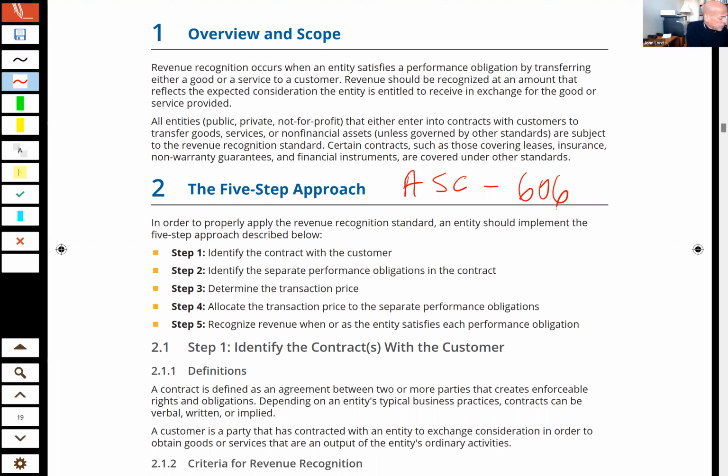So they felt a need to address those kinds of things. And so they issued a new revenue recognition standard that, for the most part, took certain things that we already know about revenue recognition and formally started putting some bright lines of guidance